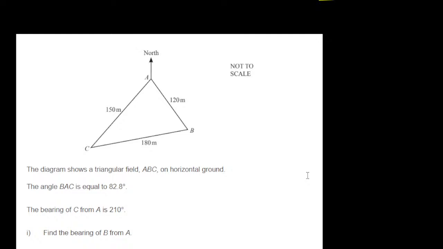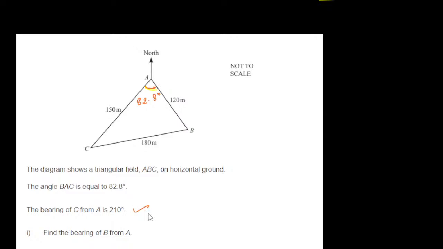In this problem, the diagram shows a triangular field ABC on horizontal ground. Angle BAC is equal to 82.8 degrees, which is given here. The bearing of C from A